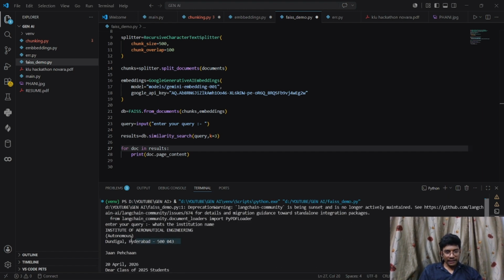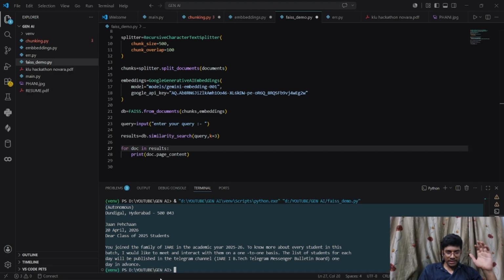Like it's giving the content from that PDF, which is useful. Whatever we ask, it's giving that directly instead of any explanation, right? So this is known as retrieval. It's retrieving the information and giving the response. Okay, it's good,